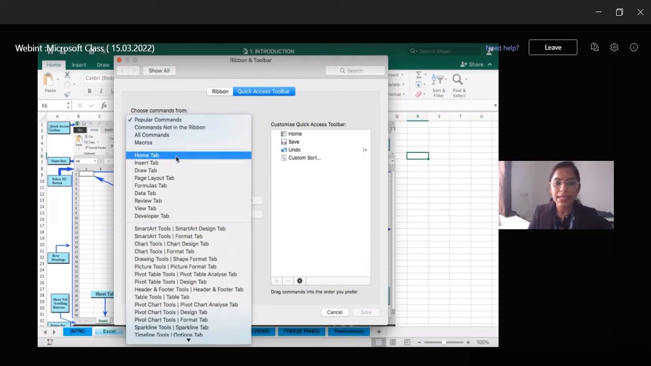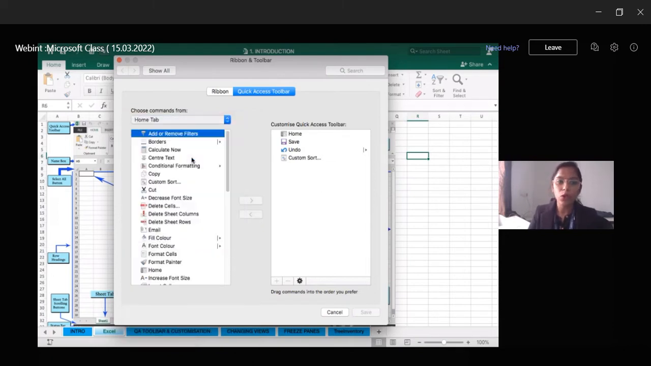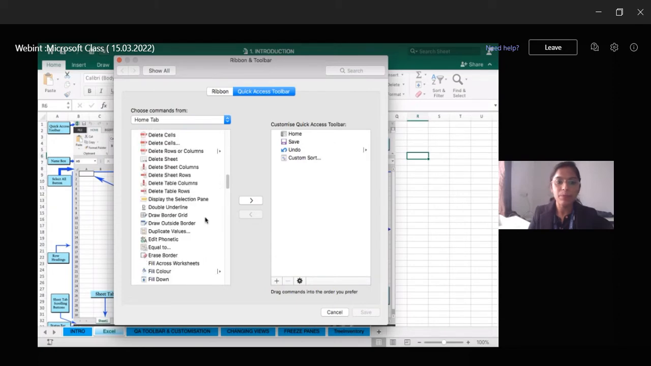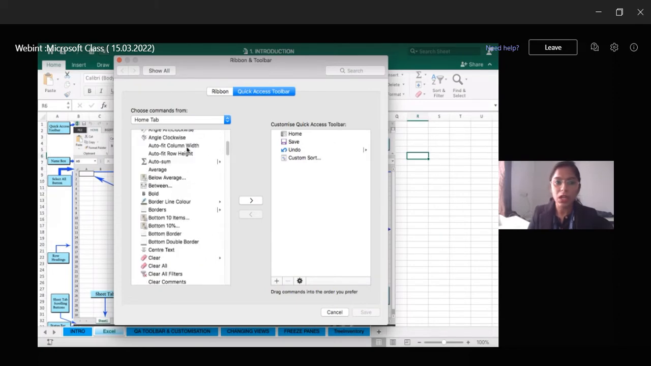So you can select from what tab you want to add that particular tool. In the home tab, it will display all the available options here. So from here, you can just click this. I'm selecting an option, auto-fit column width. I click this option and you can add this button to the customized quick access toolbar. Now see my window, I have my home tab, my save, undo, custom sort and auto-fit column width as well. So when I save this,